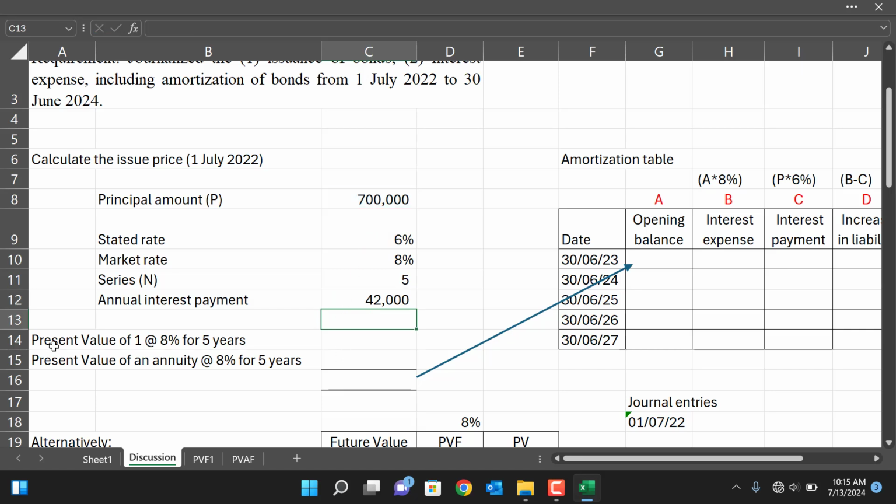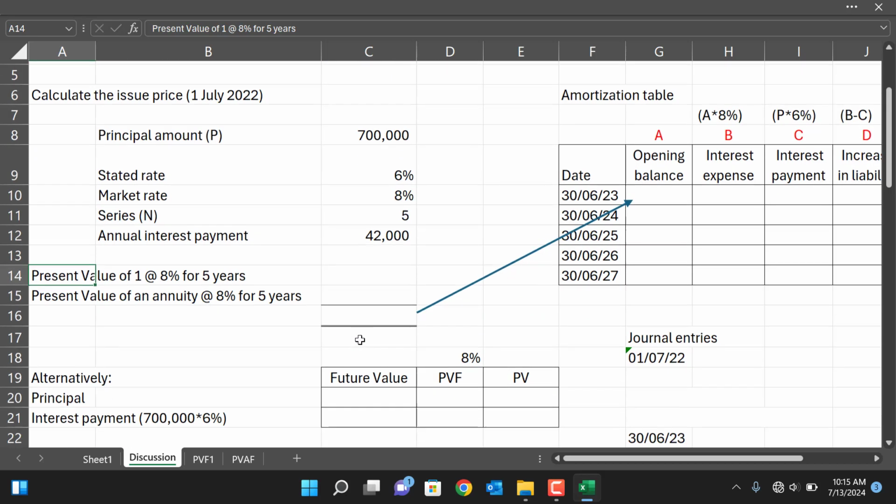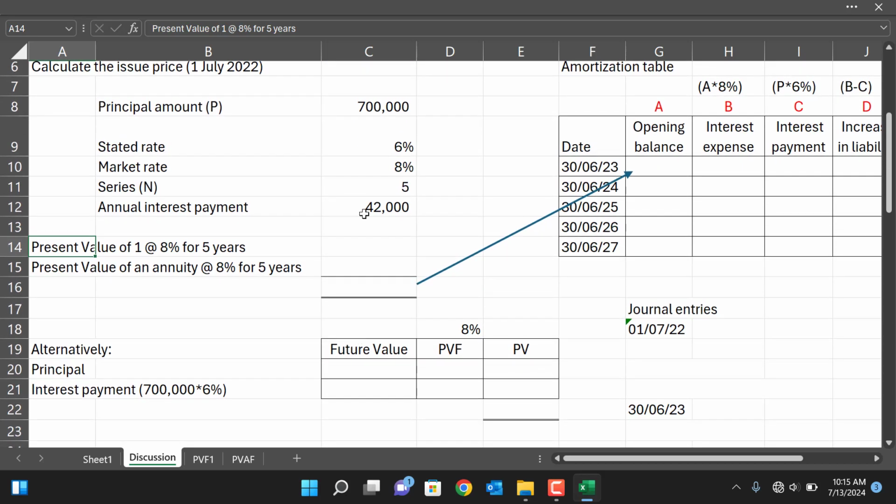Right. So in calculating present value over 5 years, you can do it in different ways. I'll present to you two ways. One is using a formula in Excel, and the other one is manual. Okay, so let's start first on present value. So in order for you to do that,